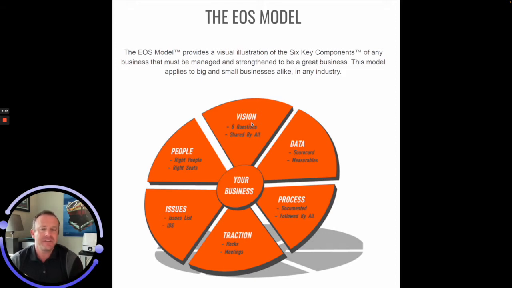One example of this is that every single person in the entire company has a number. It's a number that we develop with that person, so they can always know that if that one number is being hit, then we're going in the right direction for that person and for that department. Everybody has their own number. That's just one example of data or a measurable that we use to push everybody onto the same page, in the right direction, and towards the greater goal.